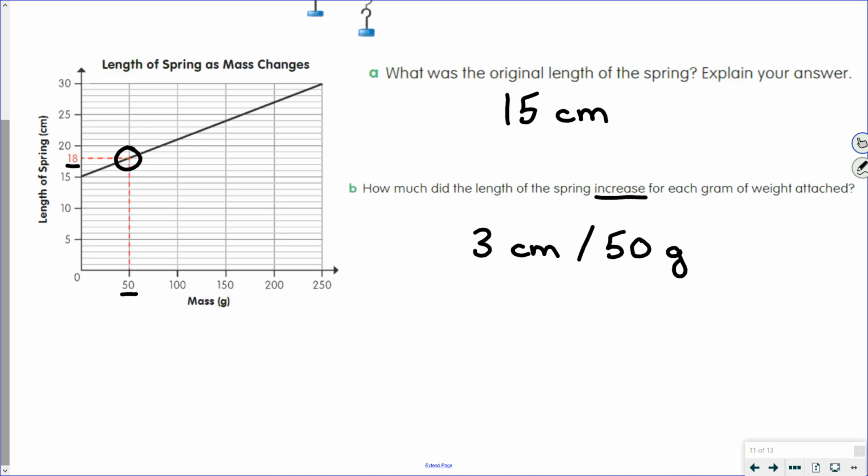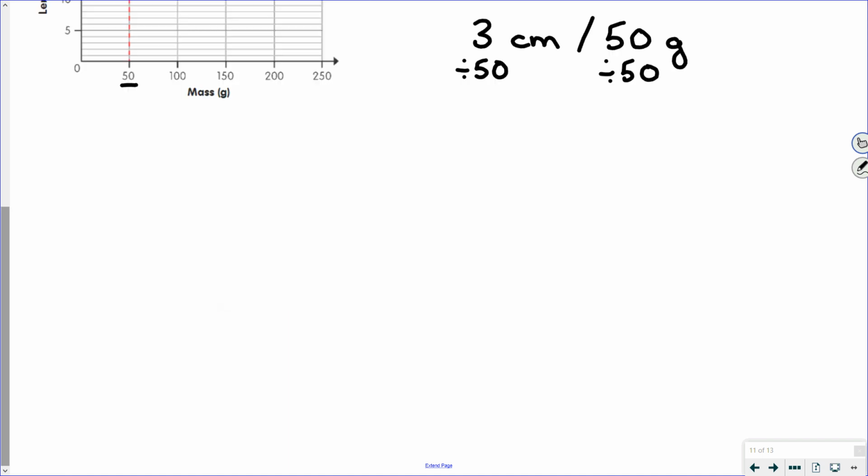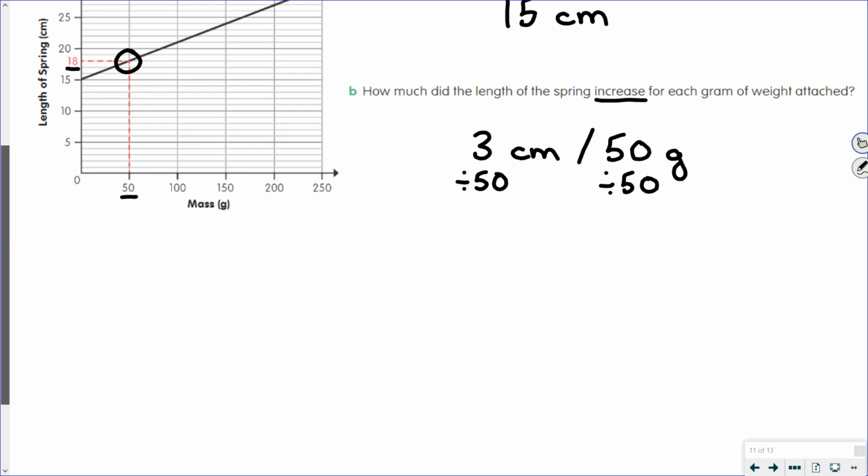50 grams. Now, in all of our work with rates, we've always divided by that second number. And that's going to be the same thing here. We're going to divide by the second number. So yes, we are going to take 3 and divide it by 50, which means 50 is our divisor, 3 is our